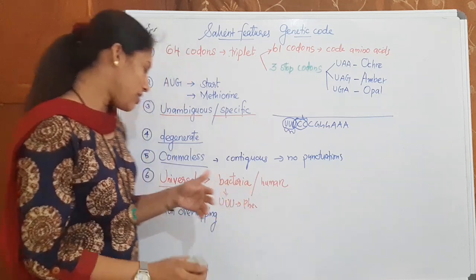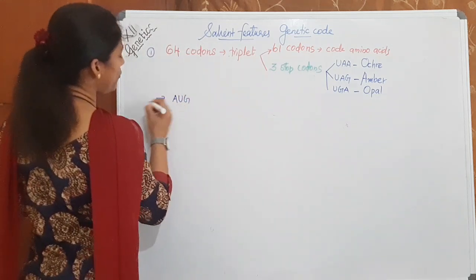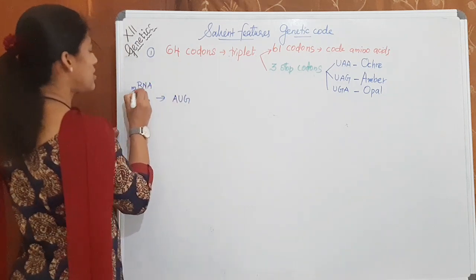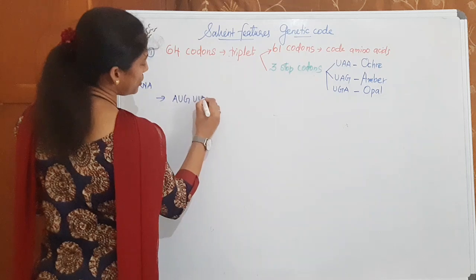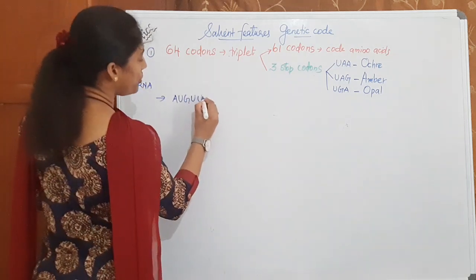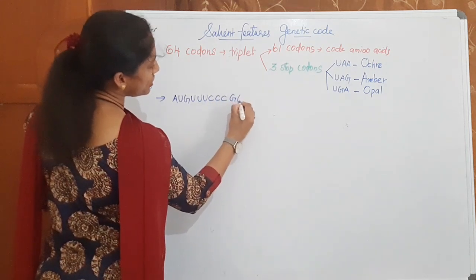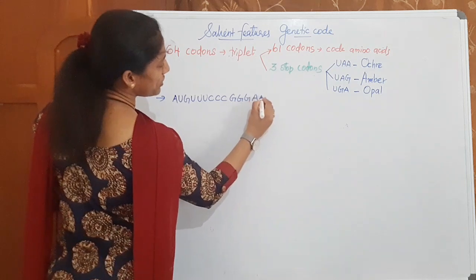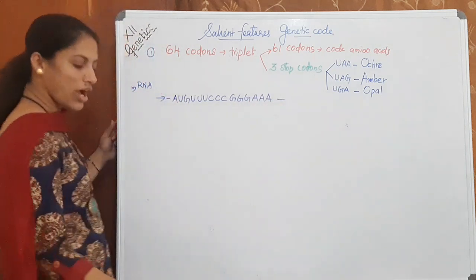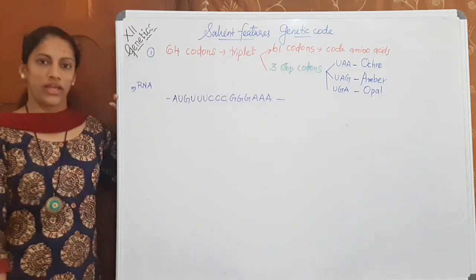And just understand one more thing. AUG, one example for a triplet. I mean, an RNA strand, one mRNA strand. Anything you can write. AUG, no need of any break here. UUU, I am just doing like this. CCC, GGG. I told you to study only this way. Similar codons you study. Suppose this is a segment of RNA.